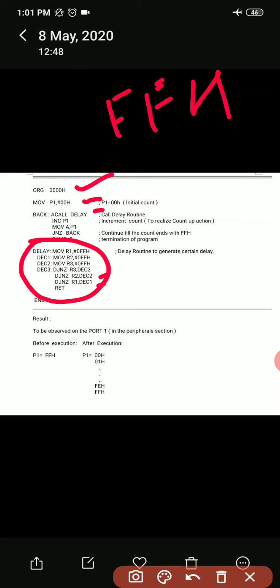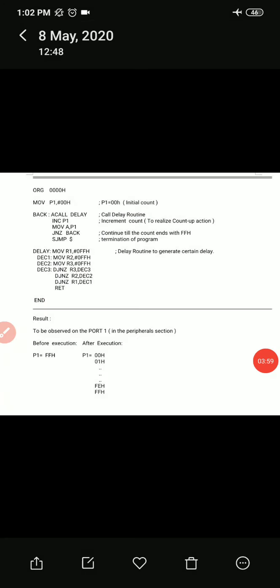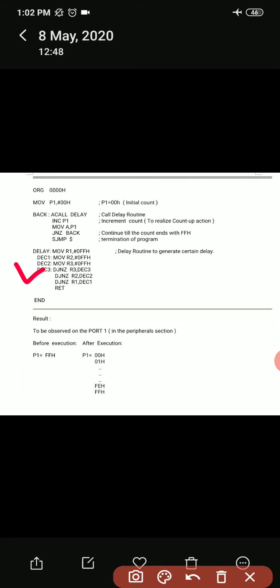The same procedure is repeated for all the values whenever a call delay is called. Once the execution of this delay program is over, we are going to increment the previous value of count. The previous value of count was 00, and now we will increment it.